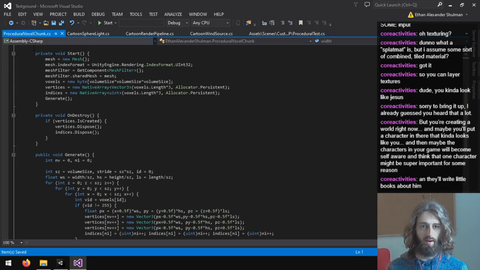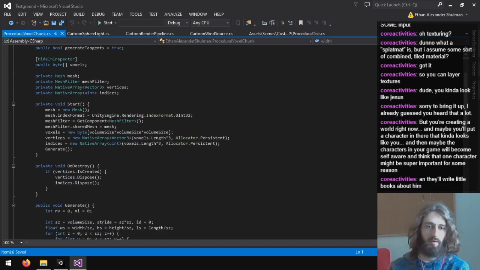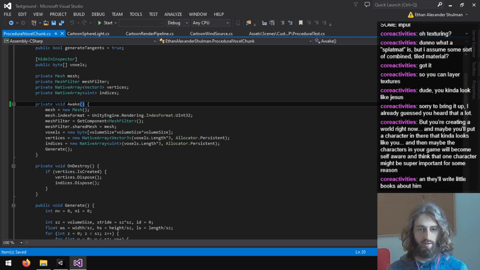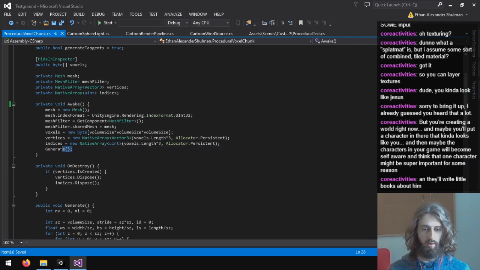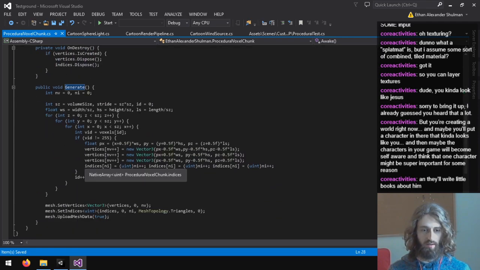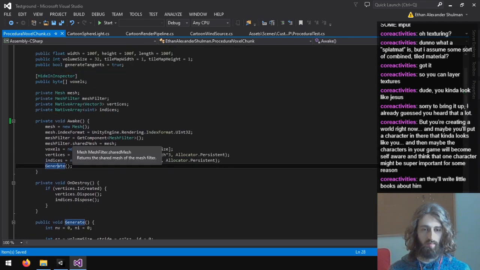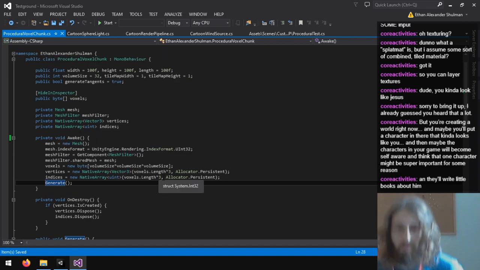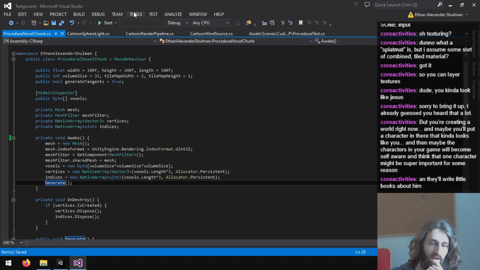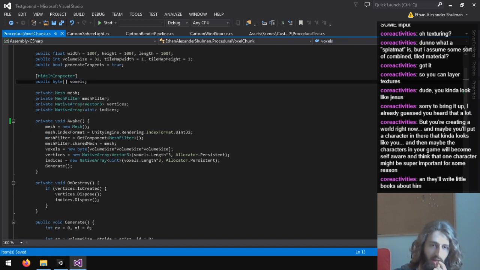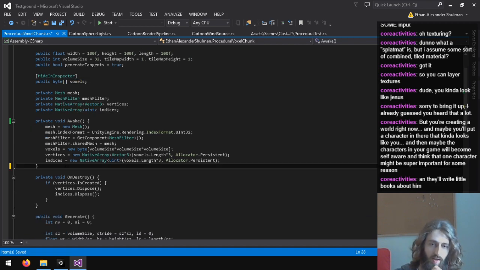I gotta remember how this code works again. So it's going to automatically initialize this for us on awake. It will automatically call generate. Why does it automatically generate? That might not be a smart... I guess because I'm expected to automatically set voxels. I'm thinking, yeah, we're not gonna